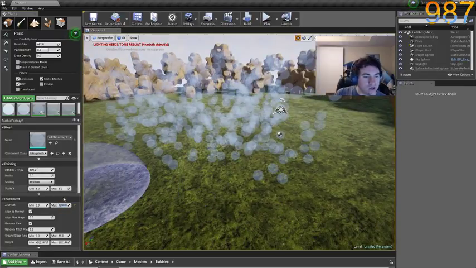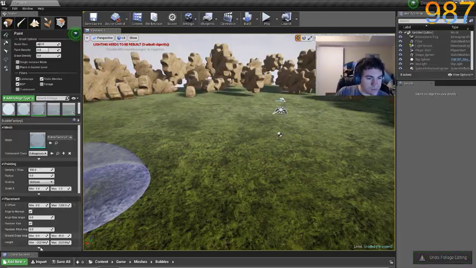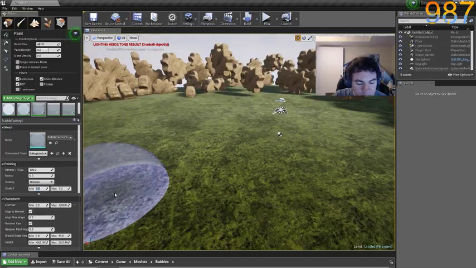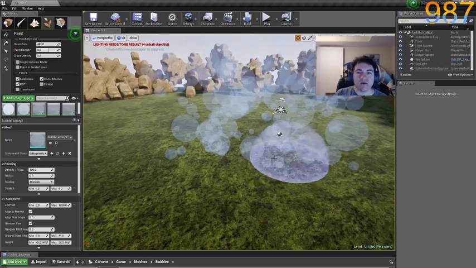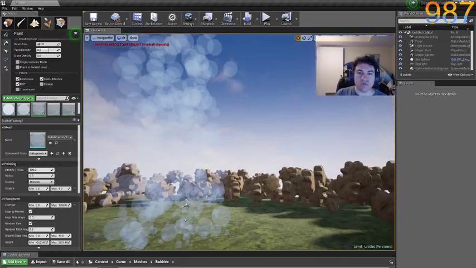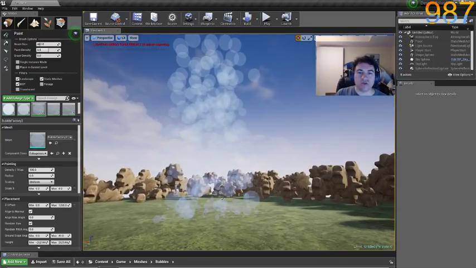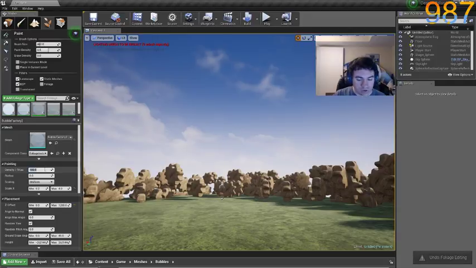Okay, that's good. Now, scaling 0.2 and 4. Let's see what that looks like. Okay, whoa, that's interesting. I like the height, but there are too many of them showing up, so let's crank this down to